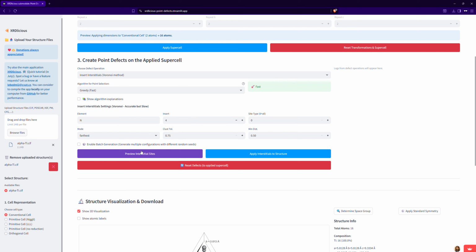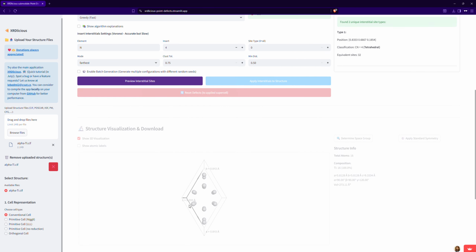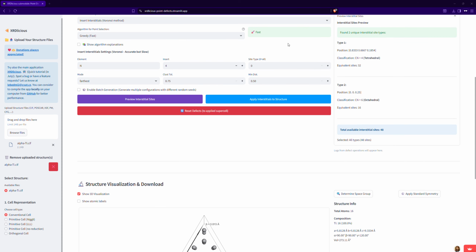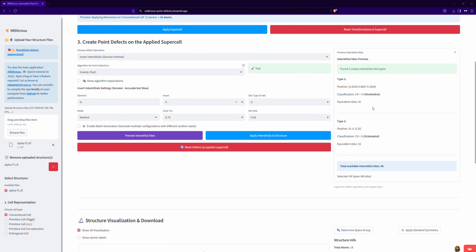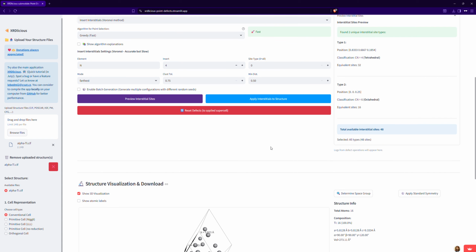First I can preview the interstitial sites, which it will calculate in this structure. So here I have 32 equivalent sites for tetrahedral coordination of the potentially inserted nitrogen, or I have